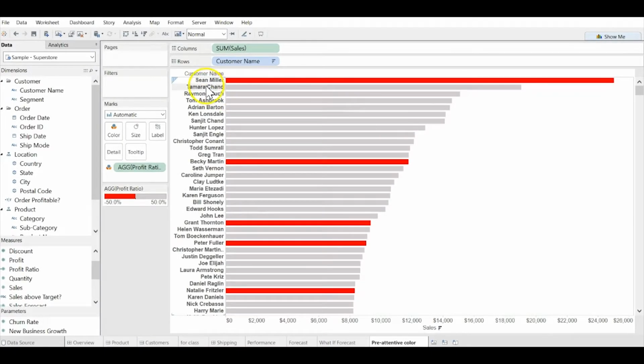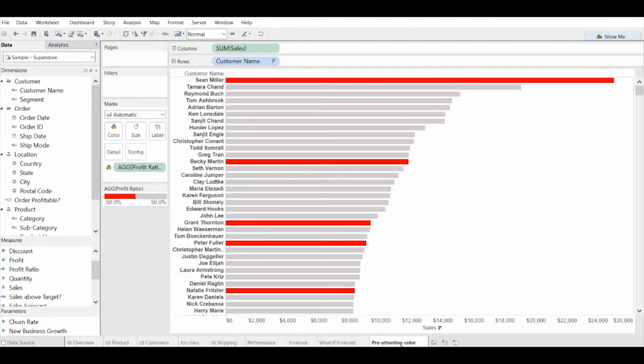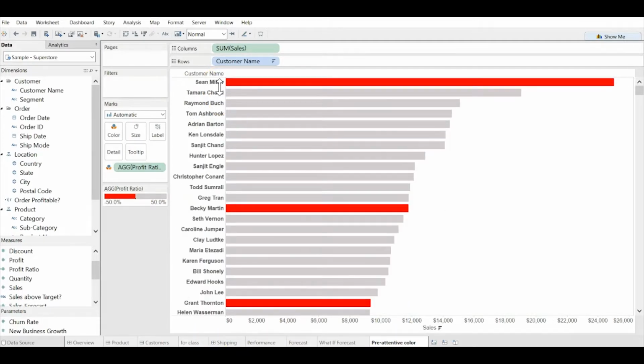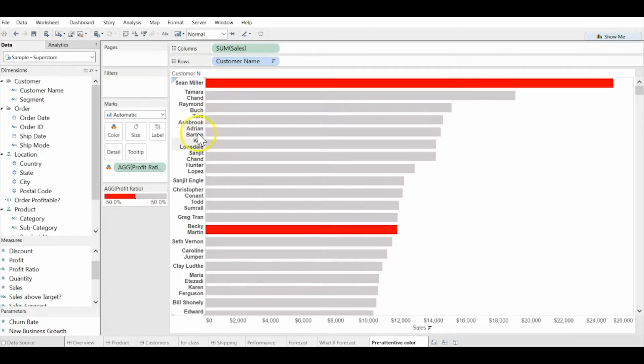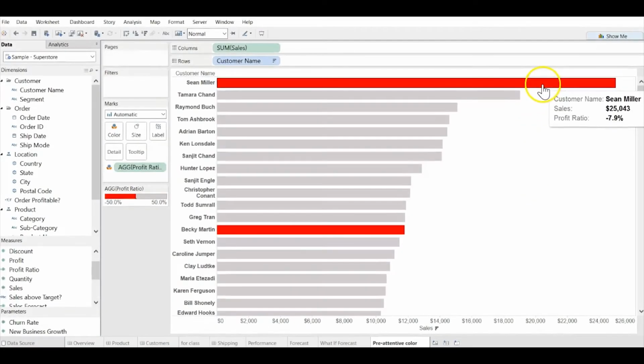So the only difference now is that the names are a little bit smaller, or the gap between them is a little bit bigger in the after than they are in the before. So we could just fix that right now. And voila, we can see the interpretation here is that Sean Miller in particular,